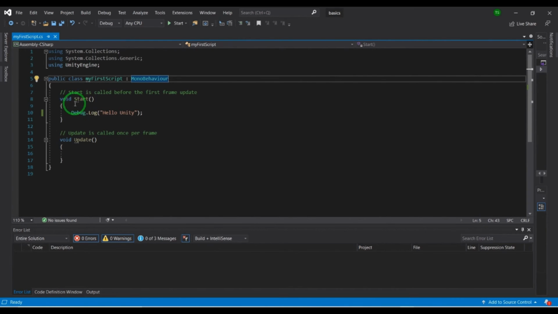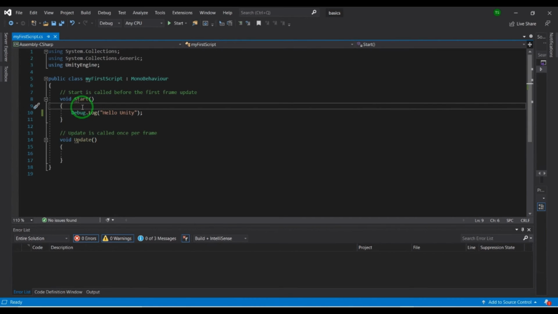Now, Start and Update are functions which are already defined in Unity. And here, this is called a comment. These two slashes mark the lines which we don't want the system to execute. These lines get ignored by the system. In case we want to write a note for ourselves, so that whenever we come back to this code after a month or two, we can understand what is going on here, these lines will never get executed. These are called comments.